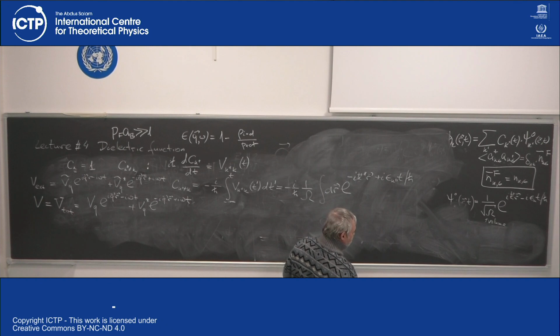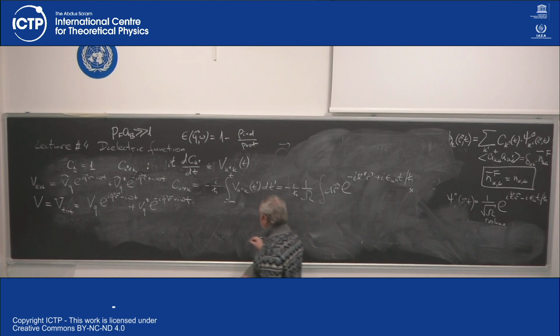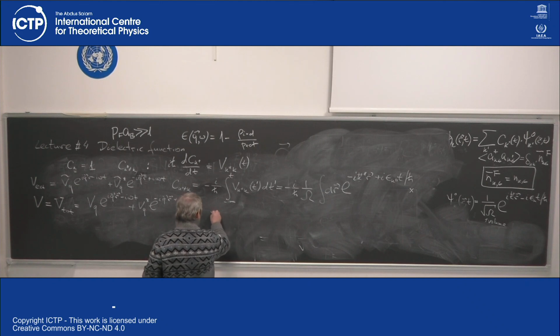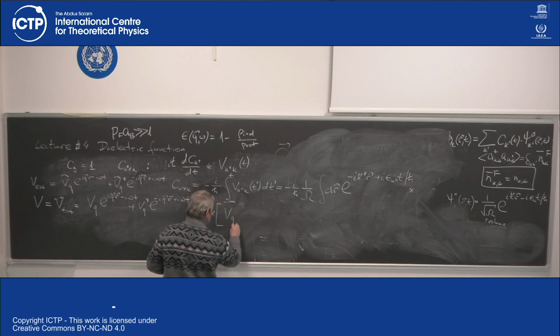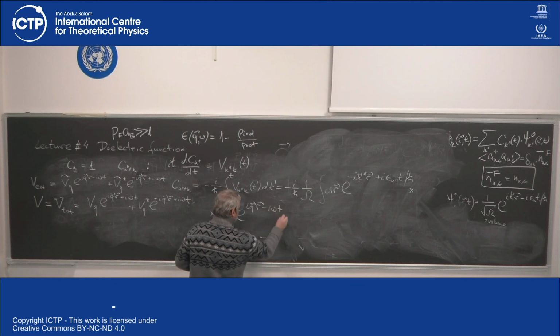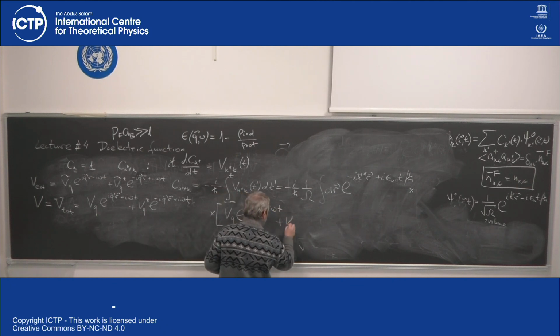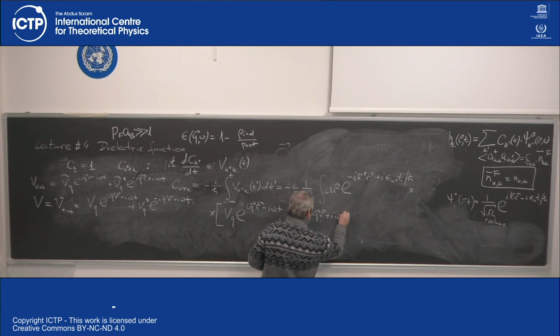This is the wave function psi naught k double prime, times my potential V_q e to the power i q r minus i omega t plus V_q star e to the power minus i q r plus i omega t,